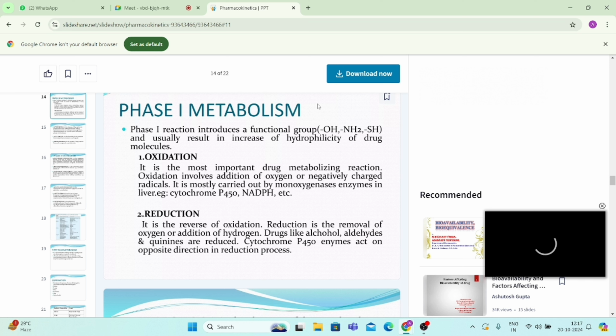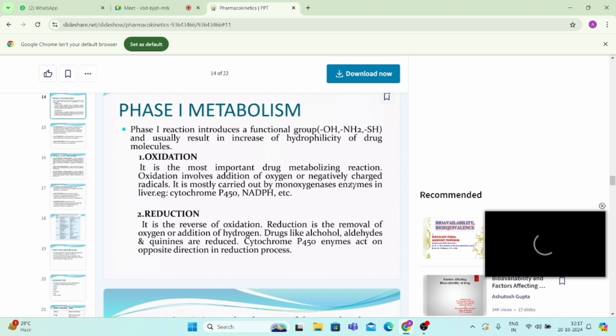And we have different reactions involved in phase 1. One is oxidation. Oxidation, we all know, is the addition of oxygen or negatively charged radicals. And what are the enzymes involved in oxidation? It is